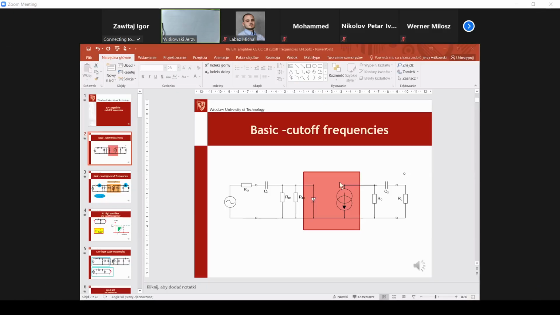Simplified model of the amplifier. You can see here the base emitter junction. This is the